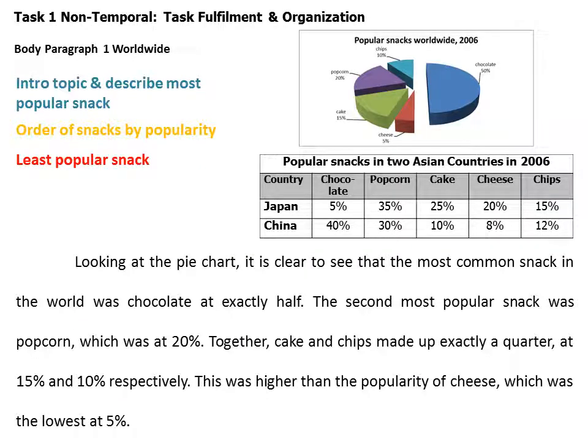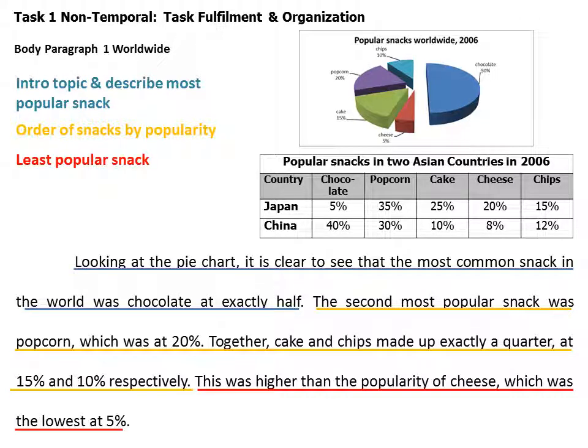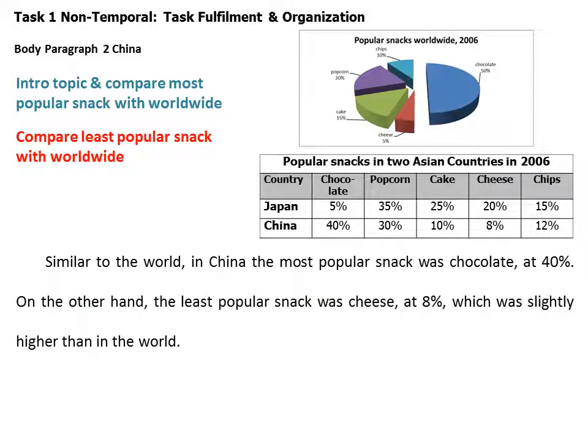If we move on to the first body paragraph, as I said before, worldwide is more important. Japan and China are part of the world, so we want to give all the information in the pie chart here. And we're going to first introduce the topic, say which is our most popular, and then give the rest of the information in order of popularity. However, when we look at the information from the table, we're only looking at the most popular and least popular,